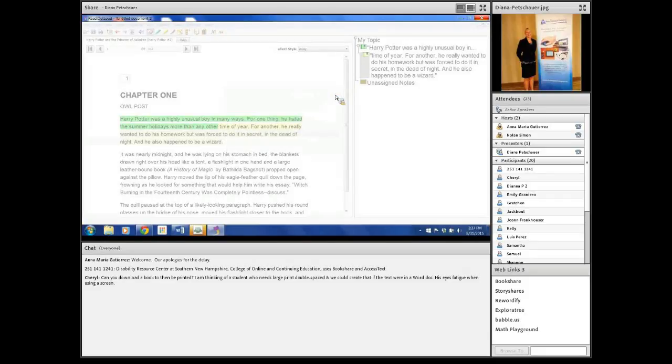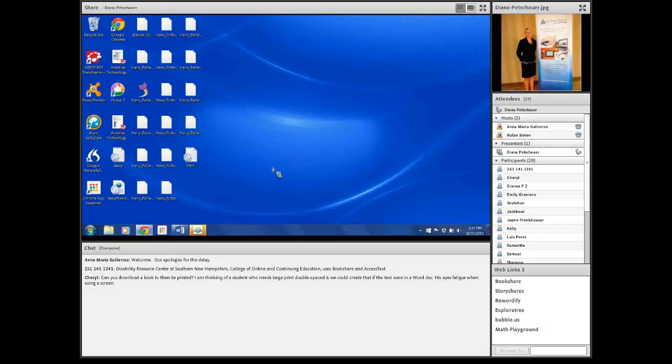We'll try this again. At least we're through almost all of the features of Read Out Loud, which is good. There's a dictionary option there. And the only other thing to remember with the software is that you do need to hit File Save As each time, just like you would save a typical document, if you want that notes section. I'm just going to get rid of these files on my desktop so it doesn't cause anything to go awry. So if you want to save those notes in the notes section, you do need to hit File Save As,